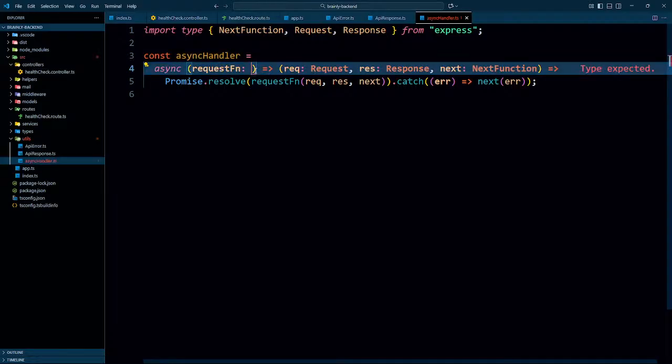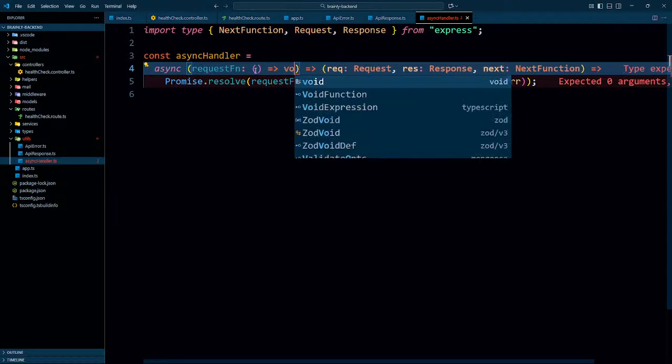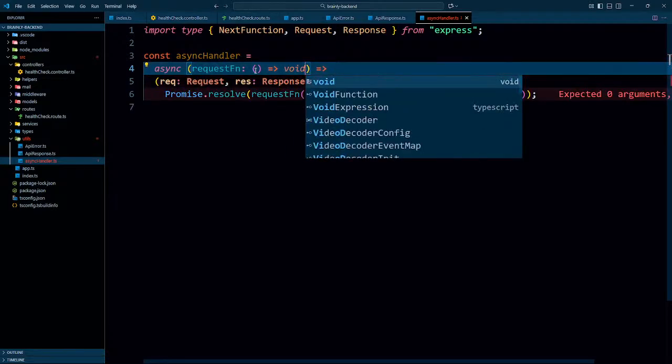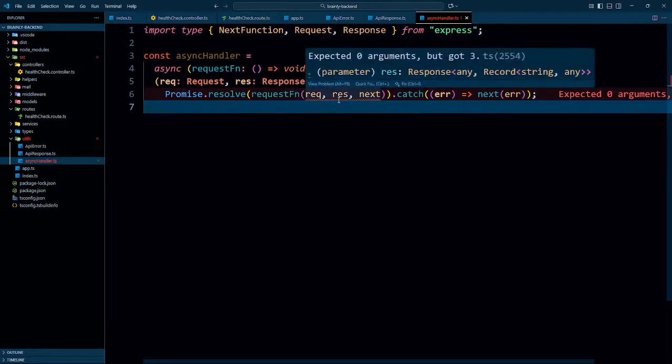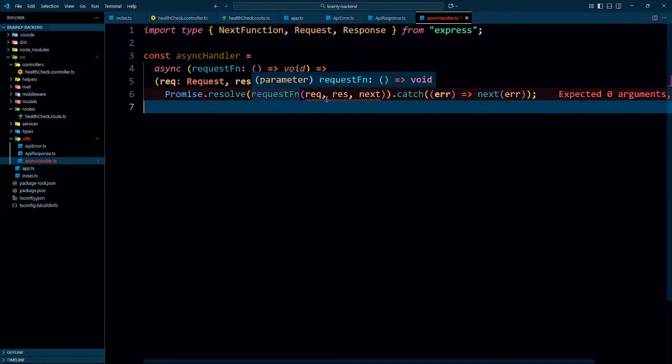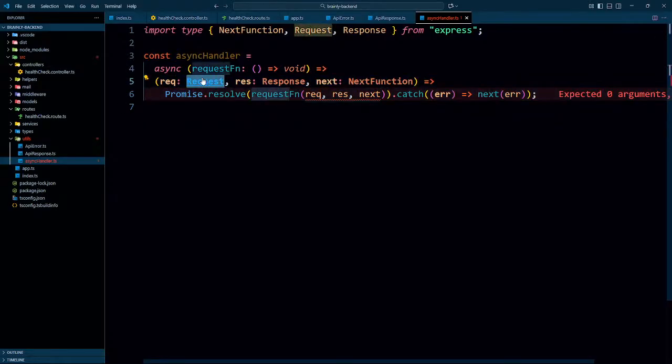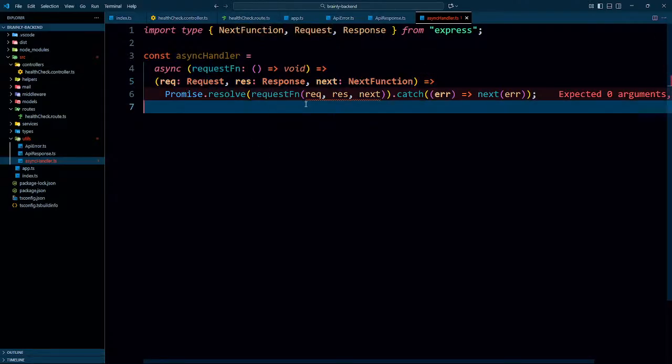So the type of the function that I would be getting, that would be a function, okay, and the type of it would return void. Is that true? That would return void. Probably yes, it will not return anything. So it's gonna be like this. If it's actually returning void, then oh, where am I getting this? Okay, this thing, I have to give it the type in here. So let's copy the whole thing from here and paste it in here.